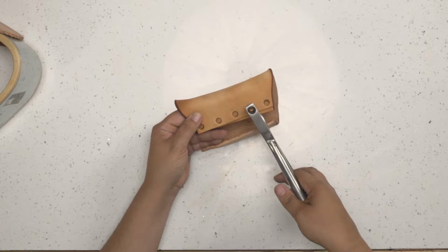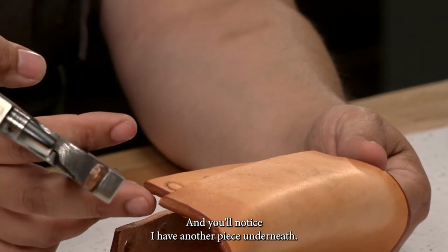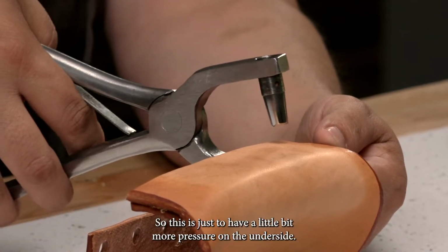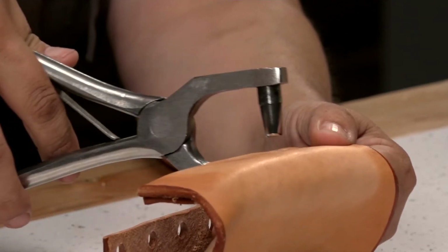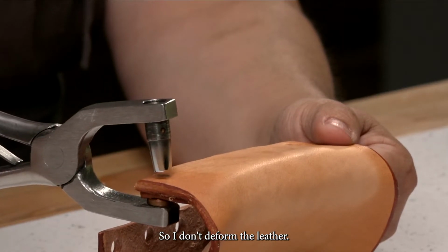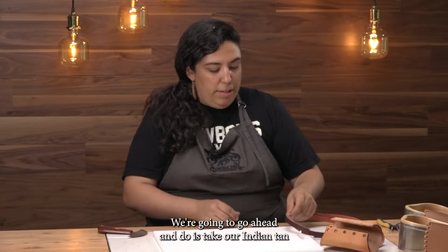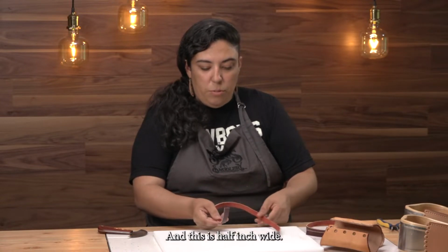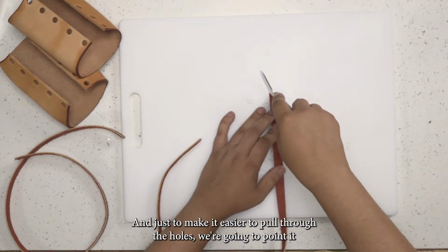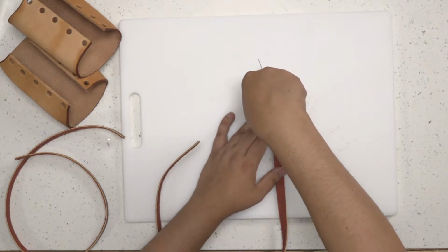And you'll notice I have another piece underneath. So this is just to have a little bit more pressure on the underside so I don't deform the leather. What we're going to go ahead and do is take our Indian tan or Latigo lacing that we're going to use, and this is 1/2 inch wide, and just to make it easier to pull through the holes, we're going to point it,